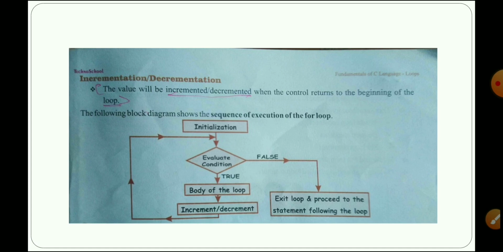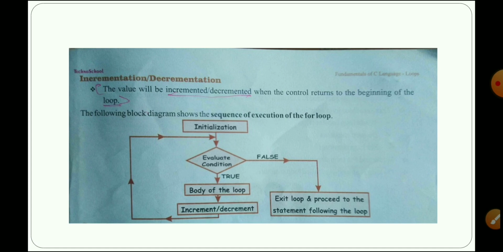So up to when the condition is false, that time only it exits the loop and proceeds to the statement following the loop. Otherwise the process will be repeated. How many times? We already fixed that number of times, and it will be repeated continuously.